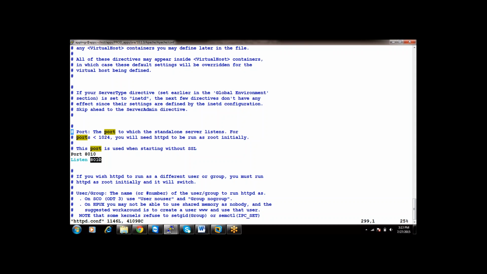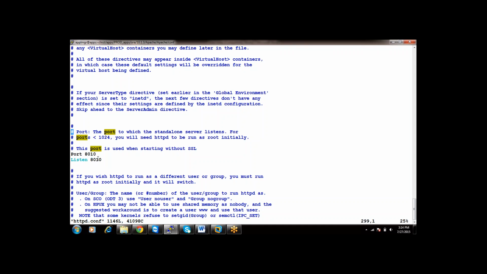Yeah, correct. But do you think this particular port number, 8010, is there, right? So your Apache server is going to take 8010 only from this file, or from any other files? So Apache will take it from here only. Basically that is the mistake, that is the problem. Your Apache server is not going to take values only from this file. It will also take values from other files also. Are you getting it?